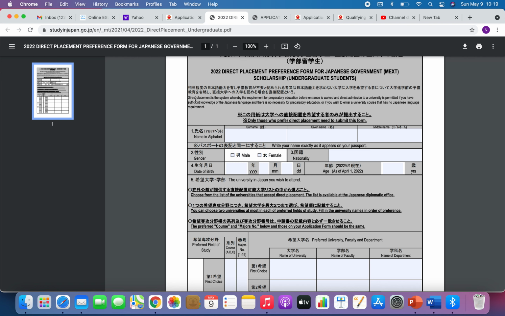But then the note right here says direct placement is the system whereby the requirement for preparatory education before entrance is waived and direct admission to a university is permitted if you have sufficient knowledge of Japanese language and there's no necessity for preparatory education. So if you study Japanese, then you can come through direct placement. But if you've not studied Japanese, then you don't have any business filling this form. After all, it's not even a compulsory form, so you can ignore this part and fill the